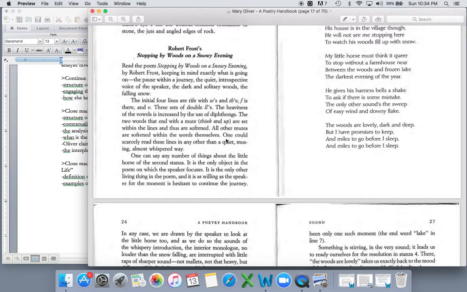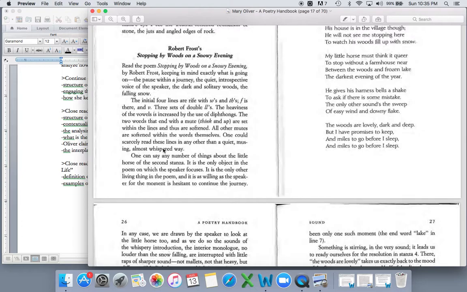So you see at the very end there, and even a little bit before that, she's talking about the softened quality of the sounds, particularly identifying that there's not that many mutes, but there are a number of liquids throughout the poem, and it makes the tone of this first stanza very soft. She says softened twice. She says quiet, musing, whispered, that the emotional quality of this first stanza, the reader picks up, is one of gentleness, one of quiet isolation, not in a bad sense, but just kind of